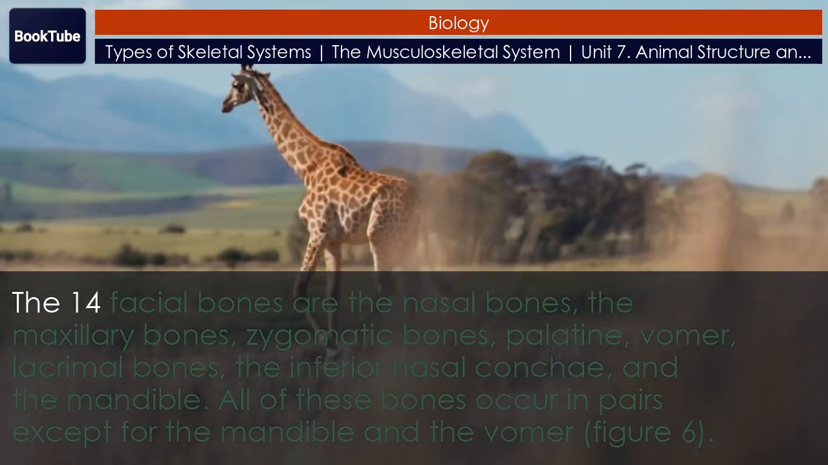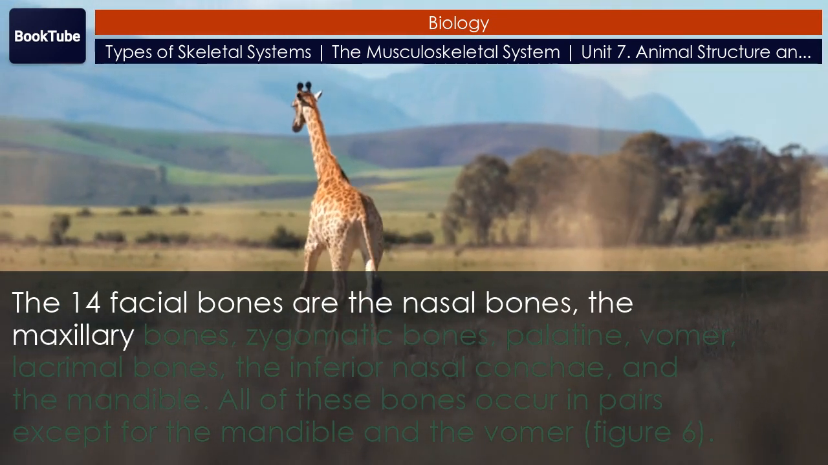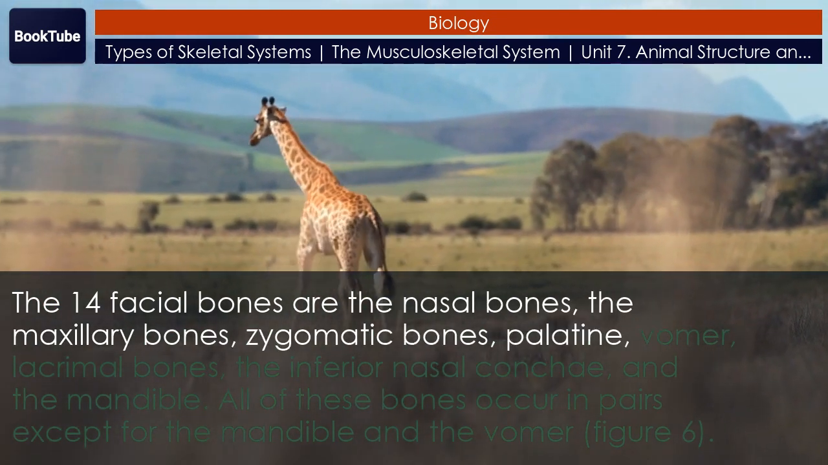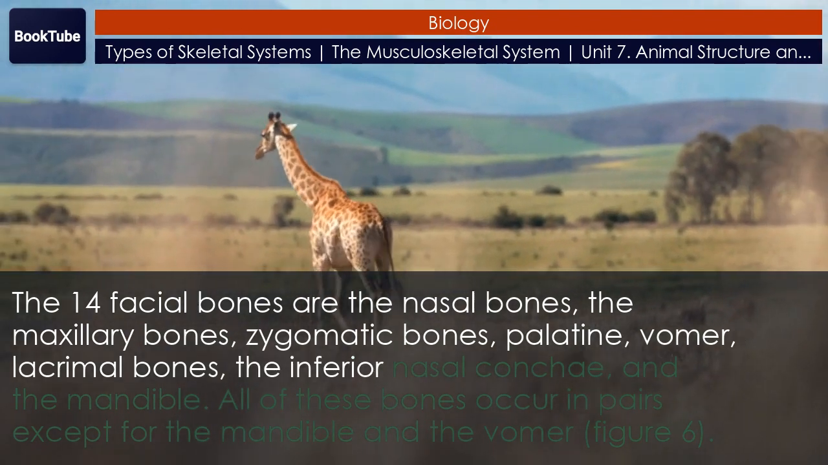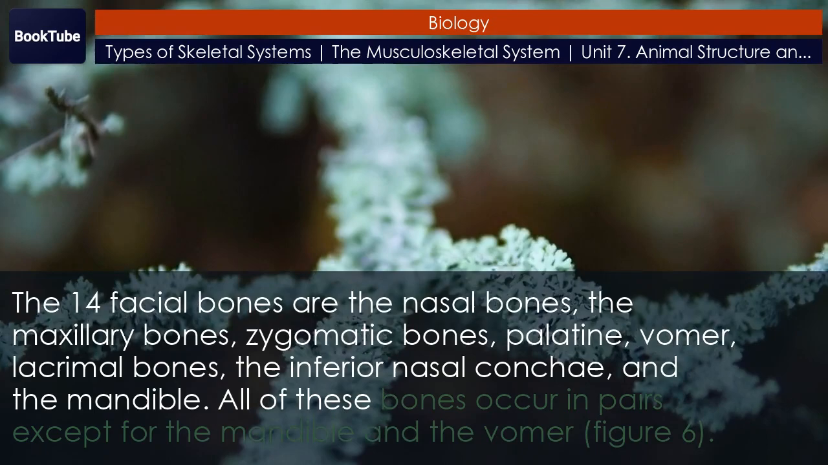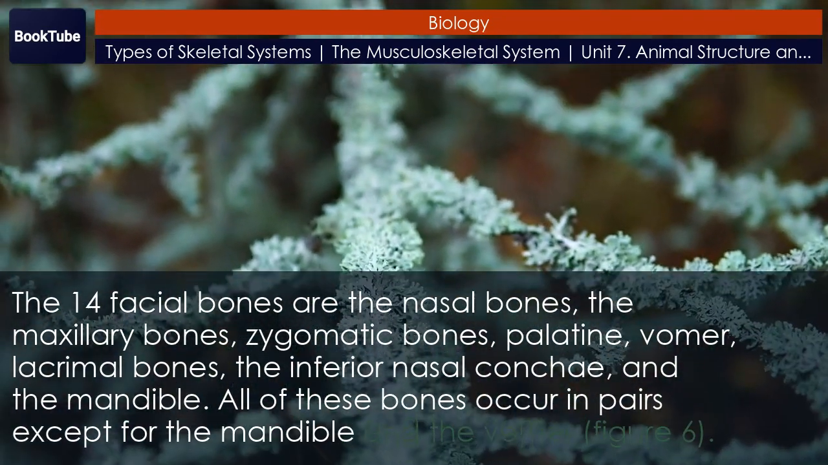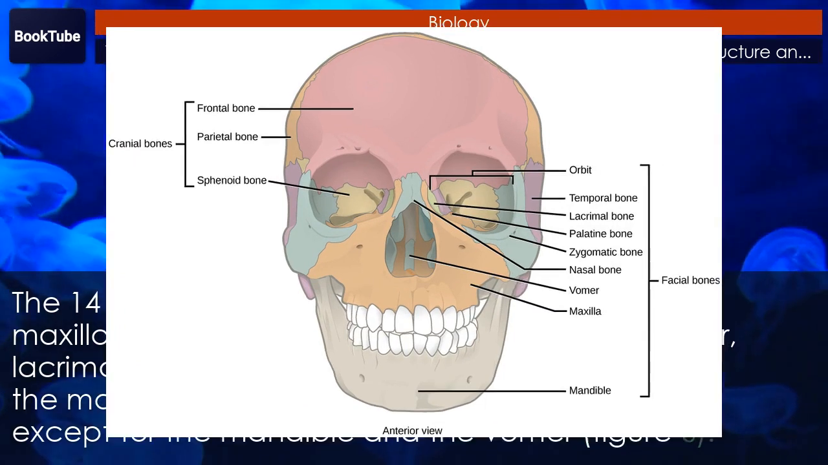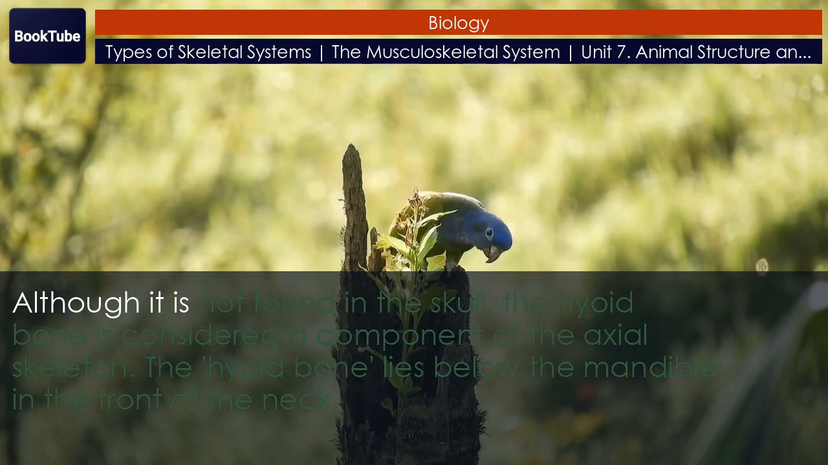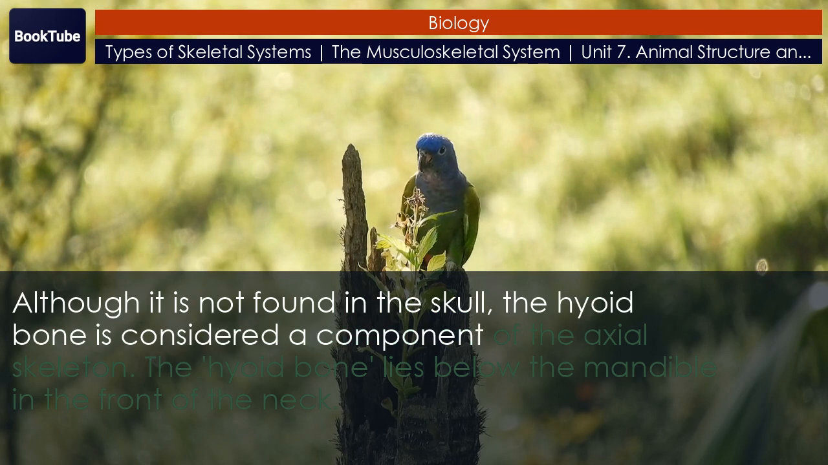The 14 facial bones are the nasal bones, the maxillary bones, zygomatic bones, palatine, vomer, lacrimal bones, the inferior nasal conchae, and the mandible. All of these bones occur in pairs except for the mandible and the vomer. Figure 6. Although it is not found in the skull, the hyoid bone is considered a component of the axial